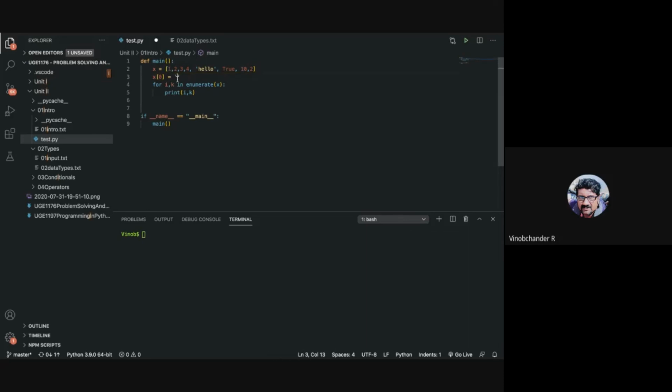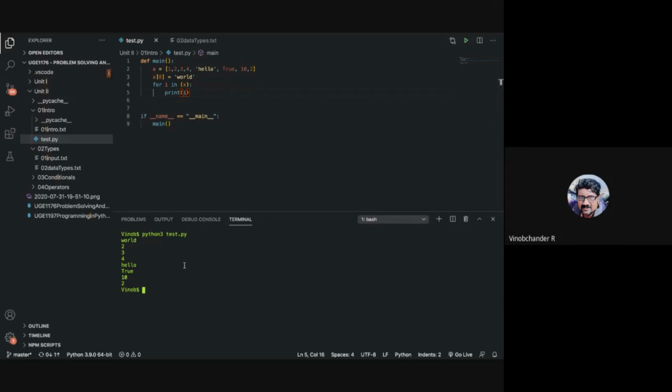So I can say world here. Now if I print it, see here your first item is world now. It was initialized with 1, now we have changed it to world. So lists are mutable.